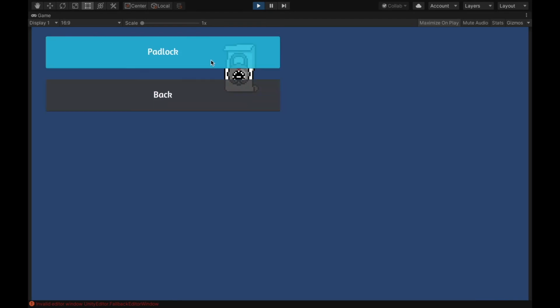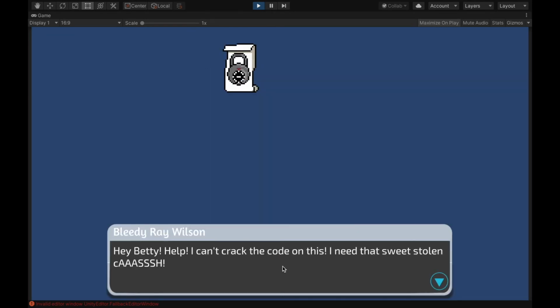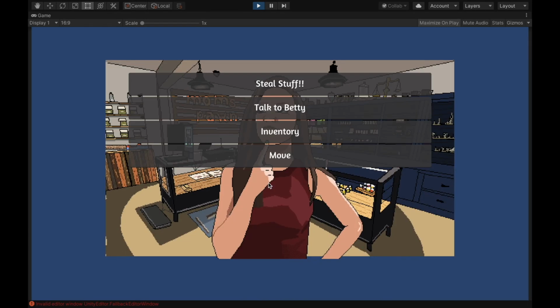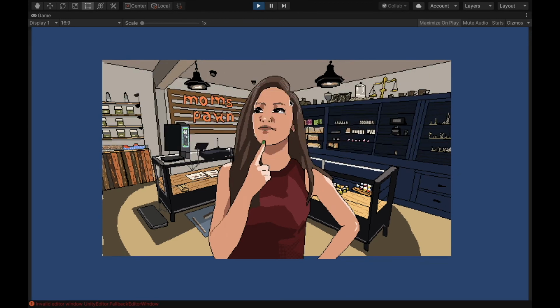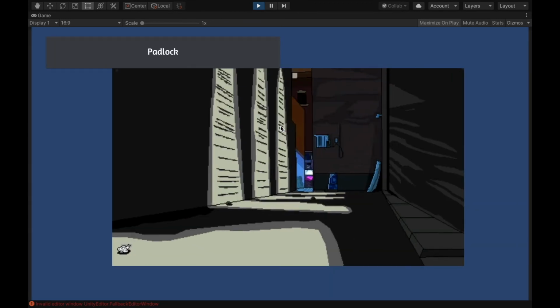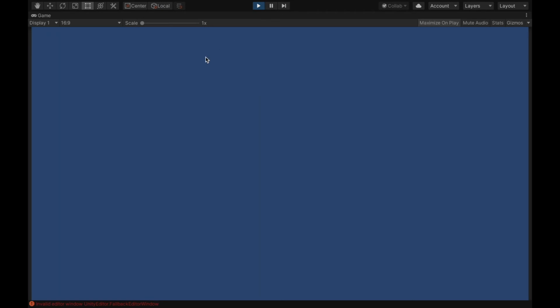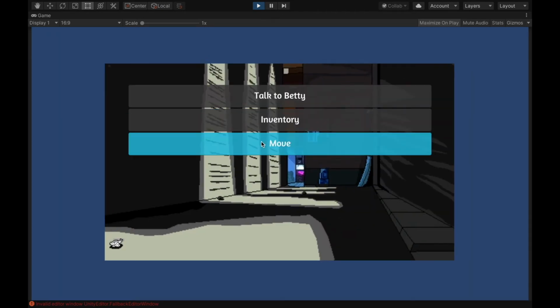So I've got the padlock. It works because Betty is in the room with me. Let's move to another location and see if it refuses us. And it refused us. Just like we wanted it to. I am going to just create one more inventory item in another place,